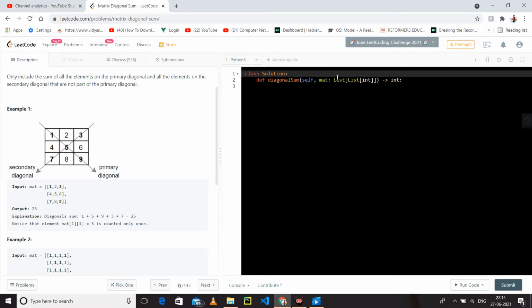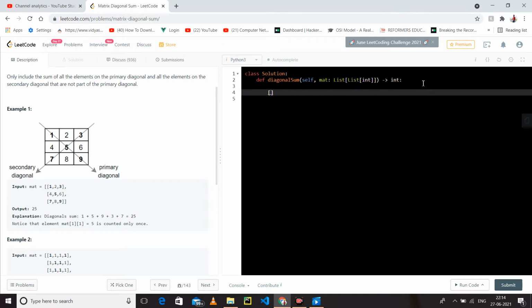So what we have to do: first I will make it clear how we can apply a condition so that only the diagonal is counted, like our loop should only add the diagonal elements. You have to learn two things in the matrix. You can see that this is the 0 index, this is the 1 index.